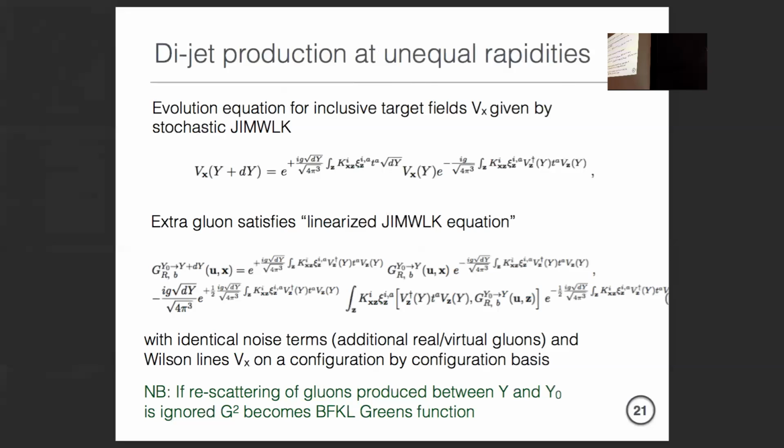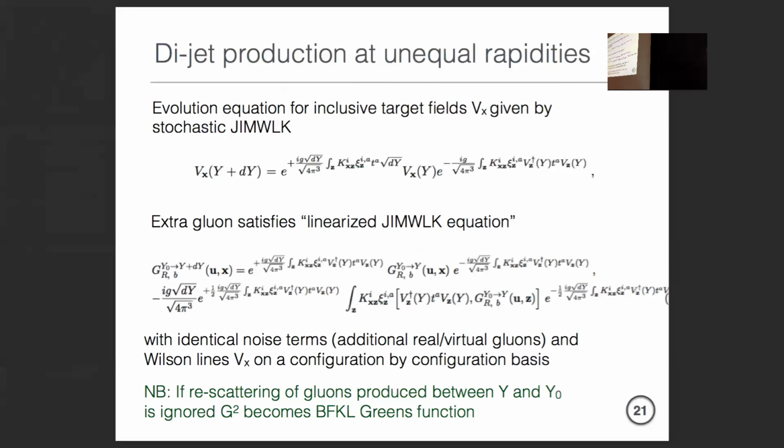It's equivalent to our way, and this is an important point in the following sense. If you have a diagram, and I'm going to talk about two-gluon production, this is your projectile. If you have a diagram where you produce one of your gluons up here, so I'm not producing anything in the projectile, and then you have evolution like this, and then all of a sudden you choose to produce one of these guys as your second gluon, so your cut goes like that.